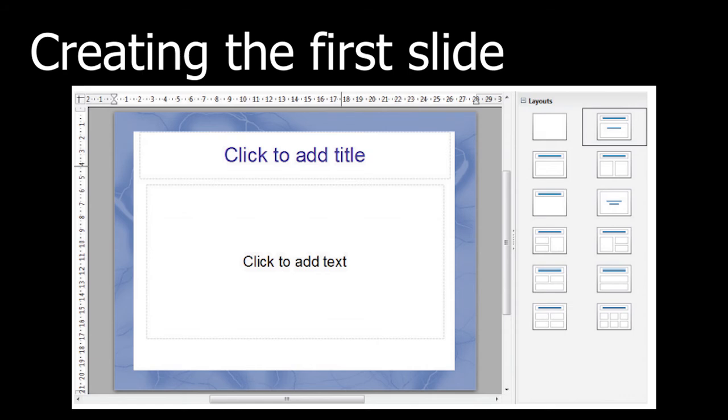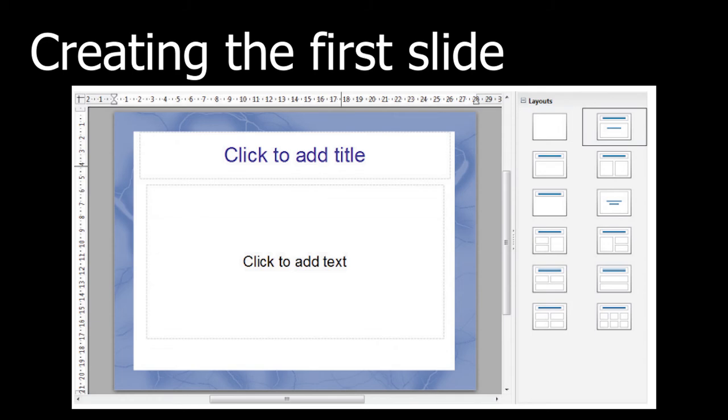A blank slide is there, right? You can just select the blank one, and you can insert whatever you need. If you need a title, you can insert that. If you need content, you can insert the content. If you want to insert an image, you can insert that image. Whatever you need, you can do, right?